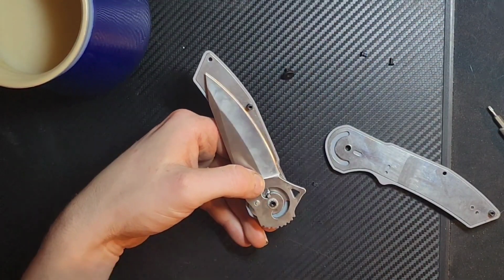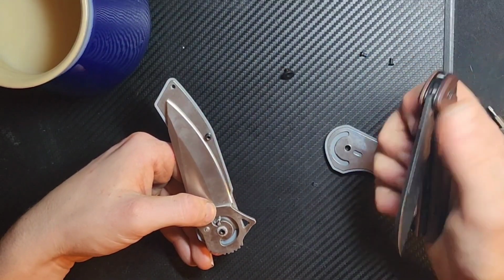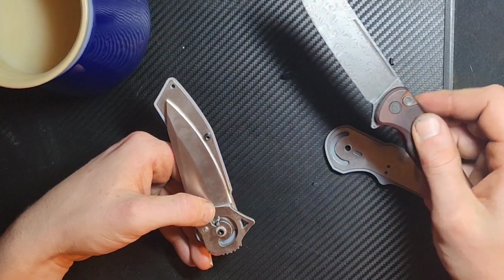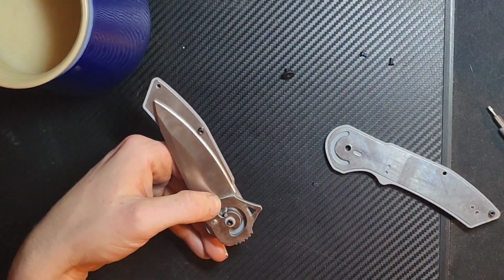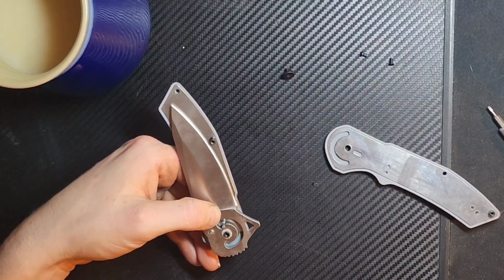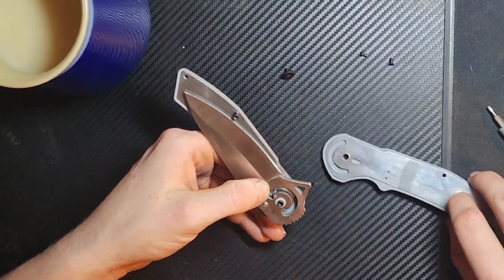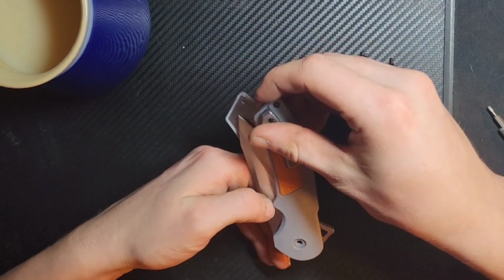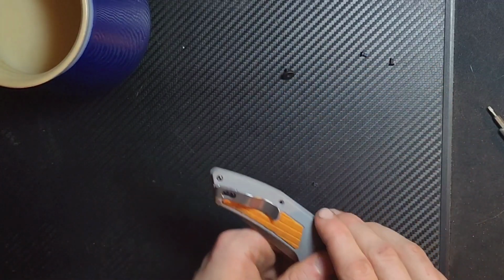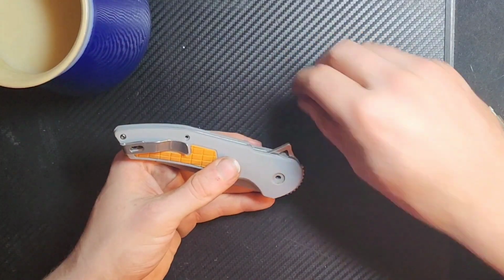So in a traditional flippered knife, you have something that acts like the detent that you overcome, and then that throws the blade out. Whereas with this guy right here, it's just free spinning. You get the lock out of the way, and then you just sort of swing it around and do whatever you want at that point. Which is a very, very different tactile experience, and one that I really enjoyed and to a non-zero degree actually preferred